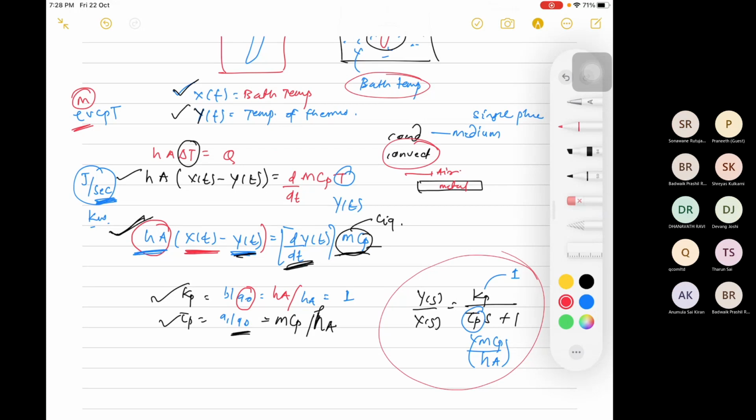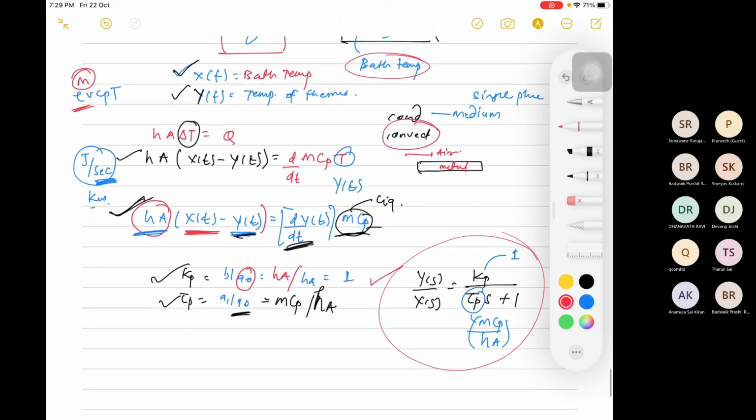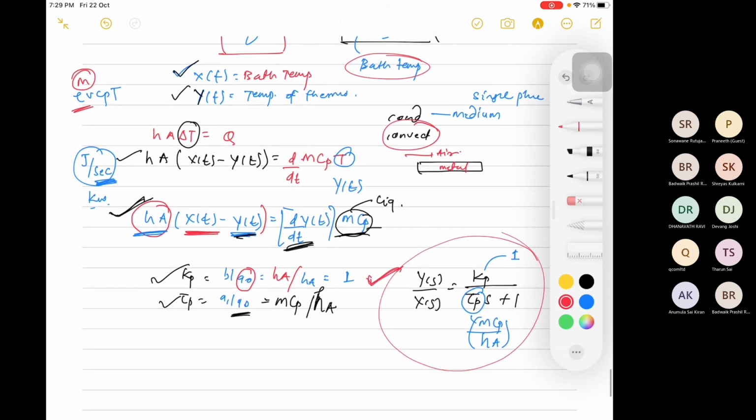If they ask in the exam also, what will you do? Write down the generalized form, compare the coefficients, and after comparing I am getting this. So my transfer function is this. Nobody is going to deduct your marks over there. Now, this is one of the systems. Now, did you understand how to compare? Just model your system, compare the coefficients, Kp and tau p, you will get. Then I'll take one last example to clear your understanding of this.